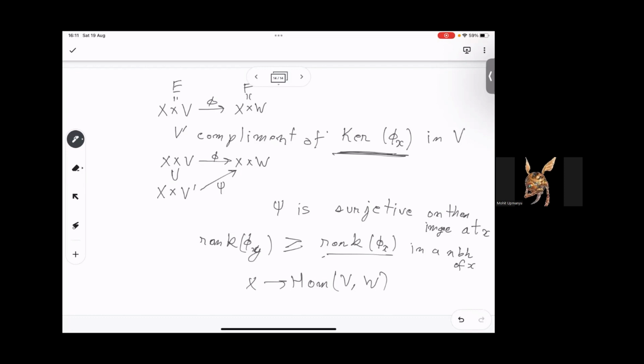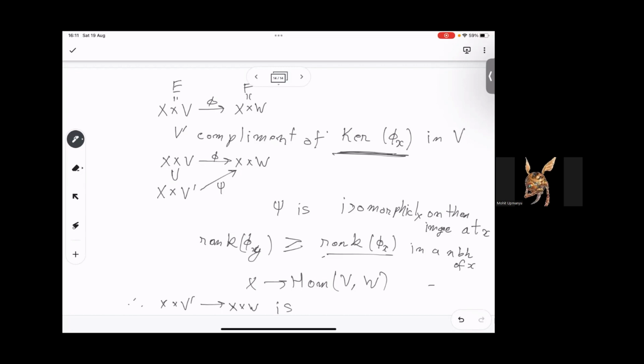So V prime is mapping isomorphically onto the image. Actually, I should say isomorphically, not just surjectively, since it's a complement. And in a neighborhood, the image doesn't increase the dimension. We'll end up with the property that V prime ends up mapping to everything with the exact same dimension, at least in a neighborhood. Therefore, X cross V prime to X cross W is